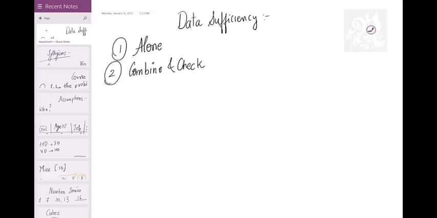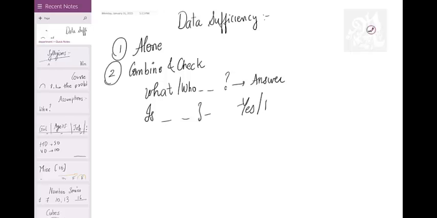There are 2 types of data sufficiency question. One is the WH question, one is the "is" question. When you have a what, which, whatever, who, and so on, here you have to get the answer. When you have an "is" question, it is just to confirm whether it is going to be yes or no. The consistency of this will get you the answer. So if everything is yes, data is sufficient to answer. But if one of them is yes and one of them is no, it is still dicey.